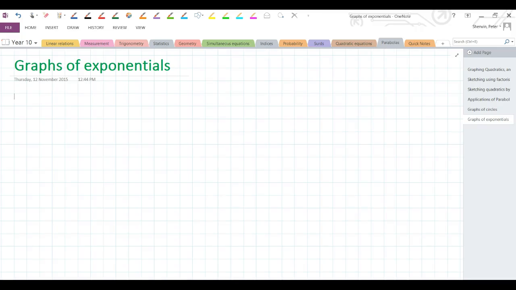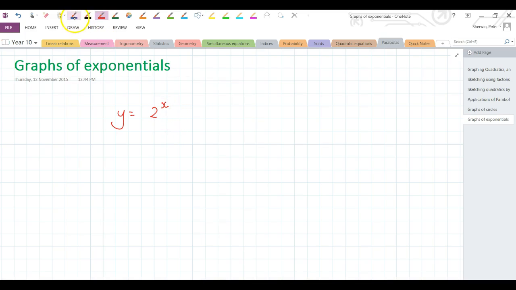Okay, we're going to have a look in this screencast at exponential functions and what they look like when they're graphed. So what we mean by exponential functions are functions that look like this: y equals, for instance, 2 to the power of x. This is the feature, having the x, the unknown, in the power. So we're looking at, as the power changes, with the base being in this case 2, we'll look at variations on that, but when the base is fixed and we change the power,